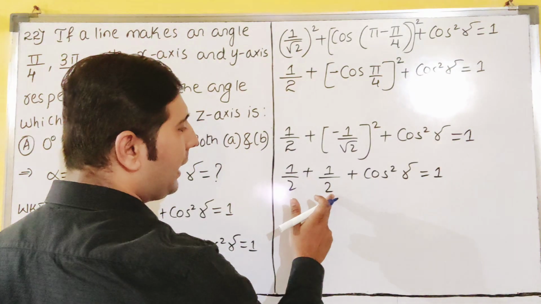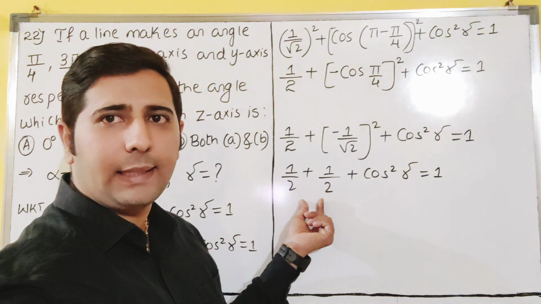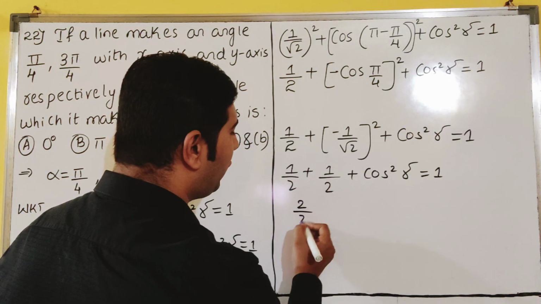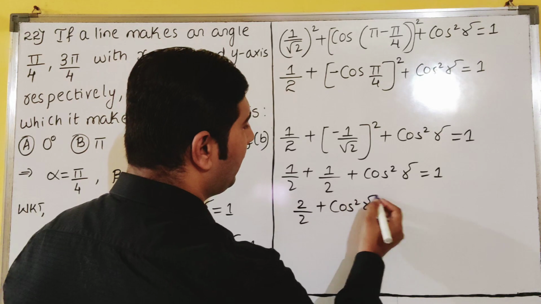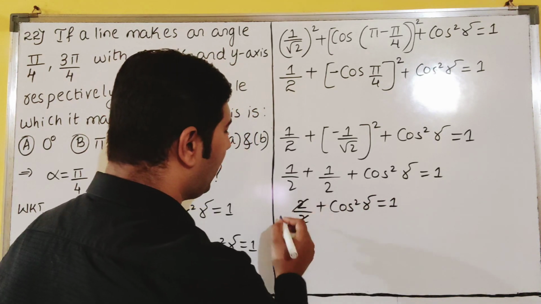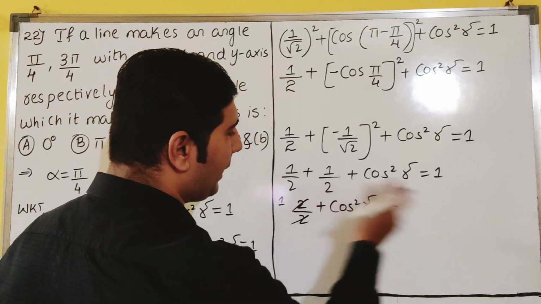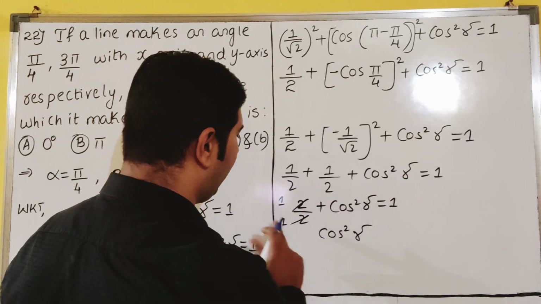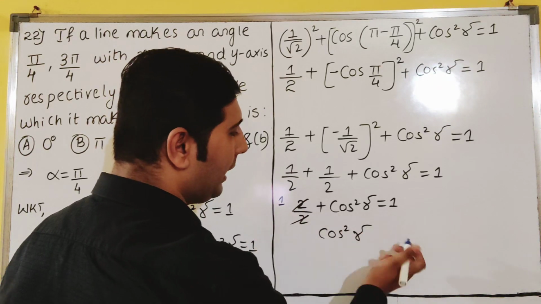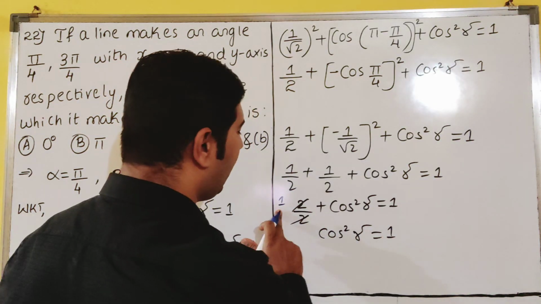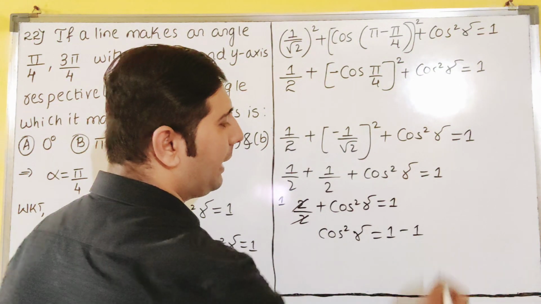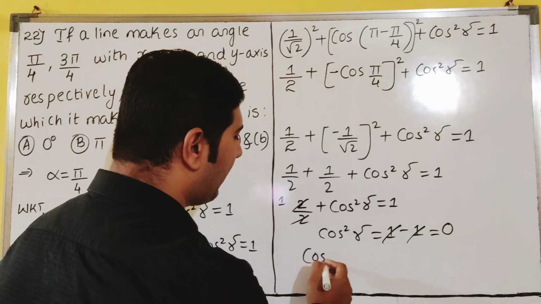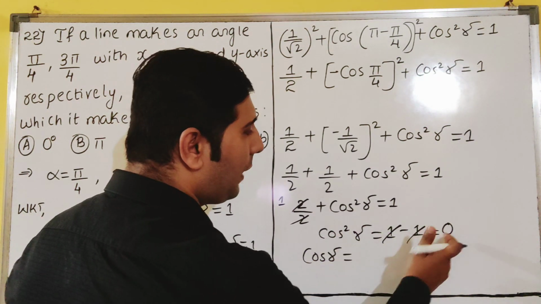So 1 by 2 plus 1 by 2. Denominators are the same, so numerators should be added. 1 plus 1 is how much? 2. So 2 by 2 you will get. So cos square gamma is equal to 1. The 2s get cancelled and you will remain with 1 here, dear students. Plus 1, you take that side. So here it is cancelled, don't get confused. 1 by 1 is 1 only. If you take 1 plus 1 to that side, it will become minus 1. So plus 1 minus 1 get cancelled, you will get 0. If you send the square to that side, the square root of 0 is 0.